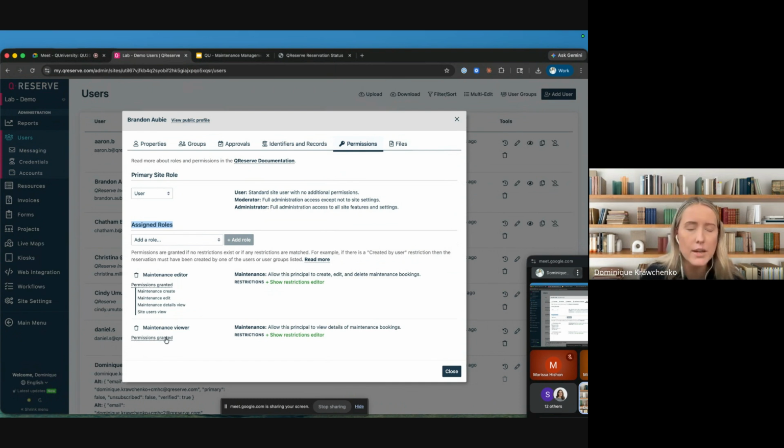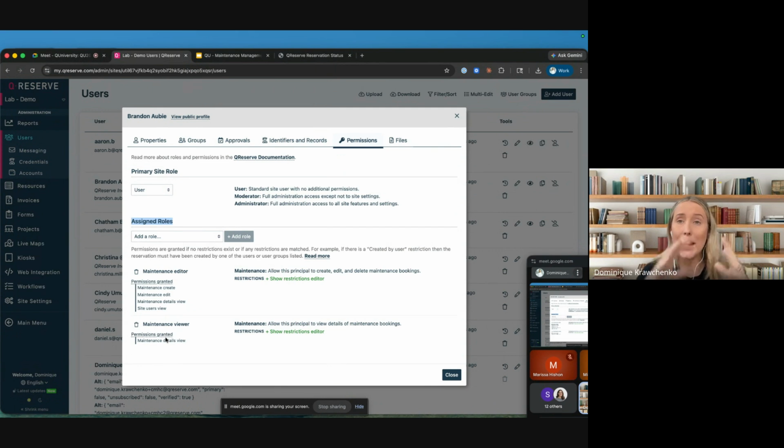And then if he was just to be a viewer, you can basically expand on the details of a maintenance booking that an administrator or someone else has made. So this is a really handy feature. Again, it allows you to give some admin permissions and roles without opening up the floodgates to absolutely everything in the back end. And a new feature that is fresh off the press,